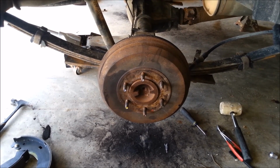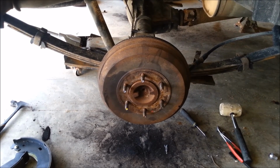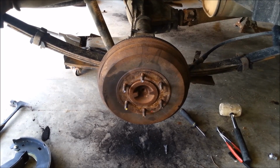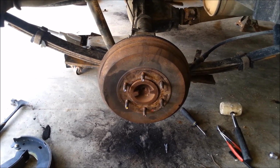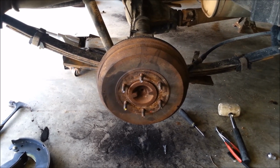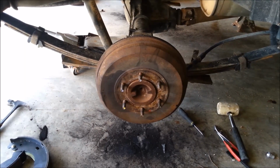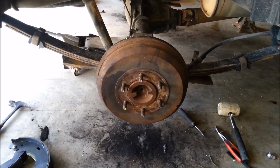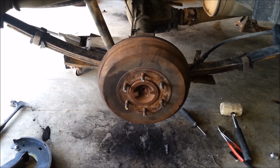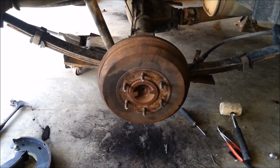Definitely do research, look it up, try to get as many manuals as you can just so you can have an idea of what you're doing. Again, if it looks too difficult for you to do, I would just take it to somebody to have them do it. That way it's warrantied out and everything else. This is what I used to do for a living. I don't do it anymore, except just on the side, kind of off and on whenever somebody needs some help or whatever. I will be taking this for a test drive, check everything out,